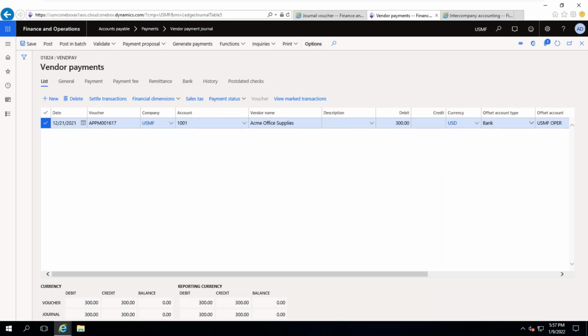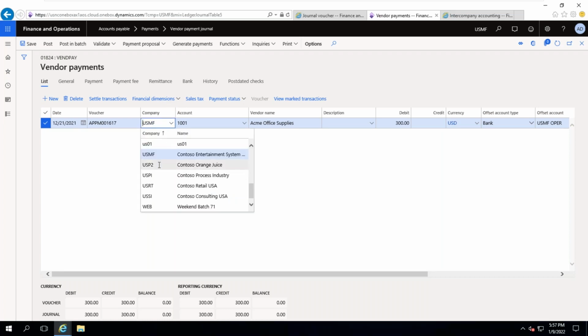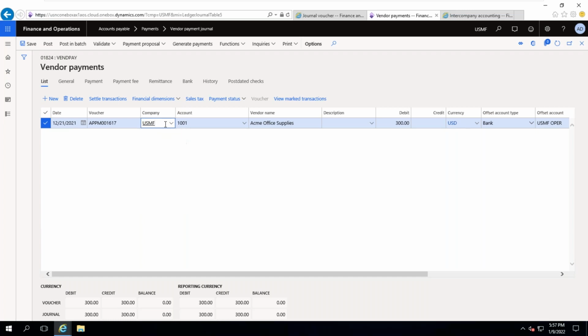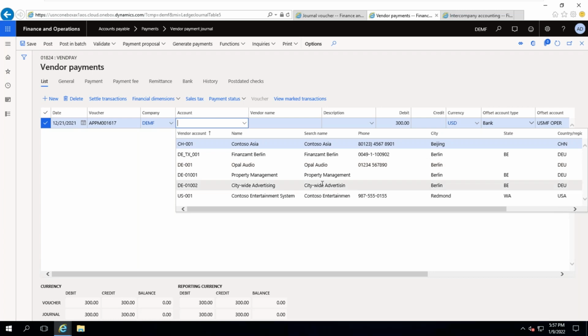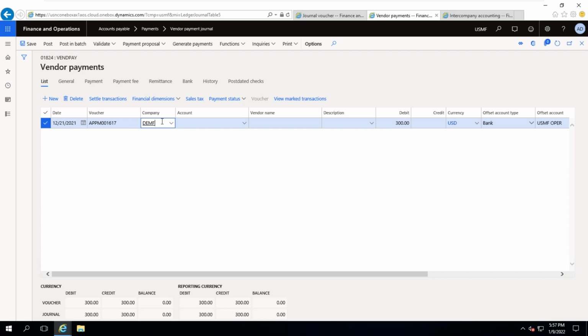See, that is vendor payment. Here, if I want to select the vendor code, I need to have access to the other company code, right? Yes, if you have security permissions, then I can do the payment from the DEMF company. DEMF company data for invoices also it will show you. In the DEMF company, whatever vendors are there, those vendors will be listed here. Understood? Because the vendor and customer code is not at the enterprise level data. This is company code level, right? Yes, it is company level data only. But you are selecting company here.